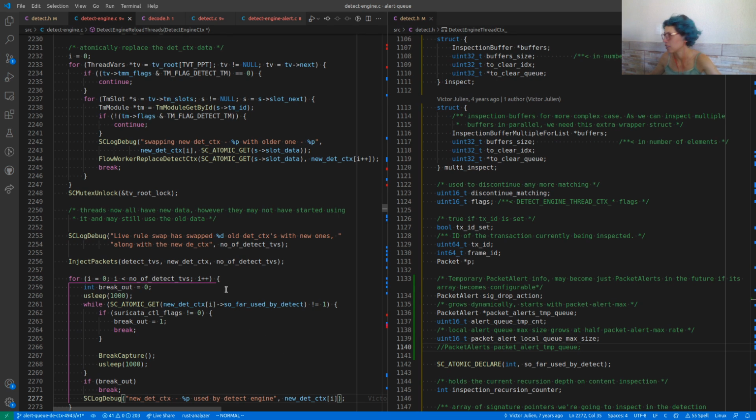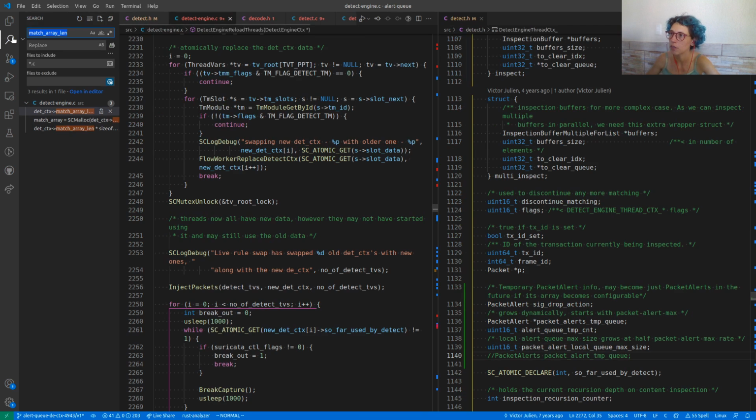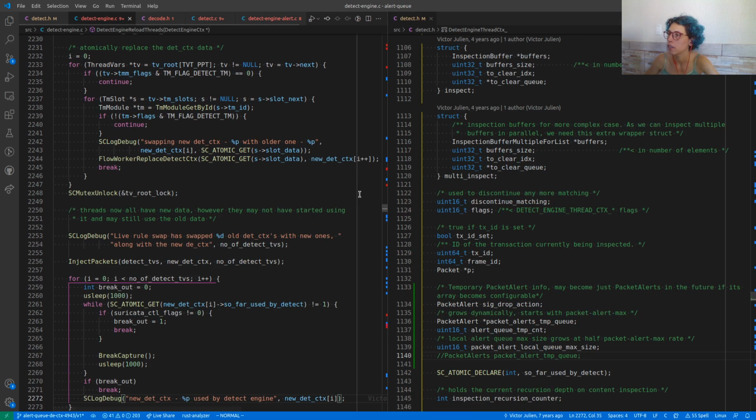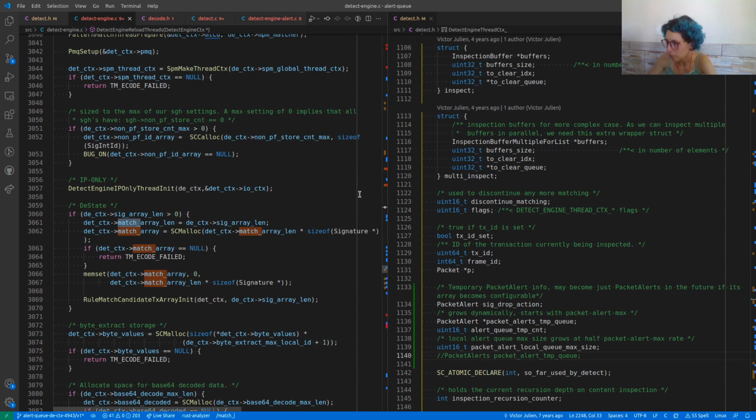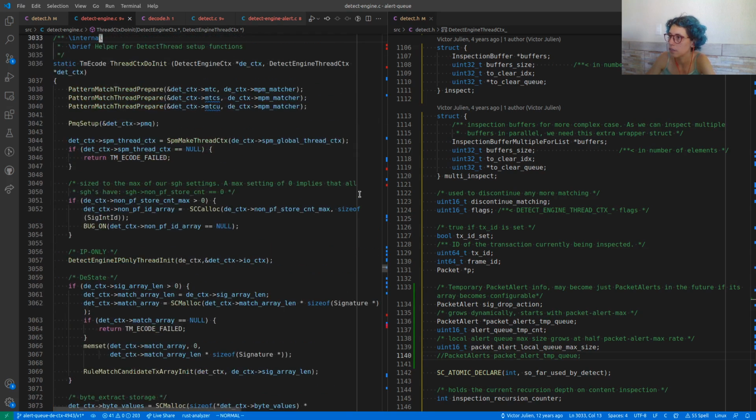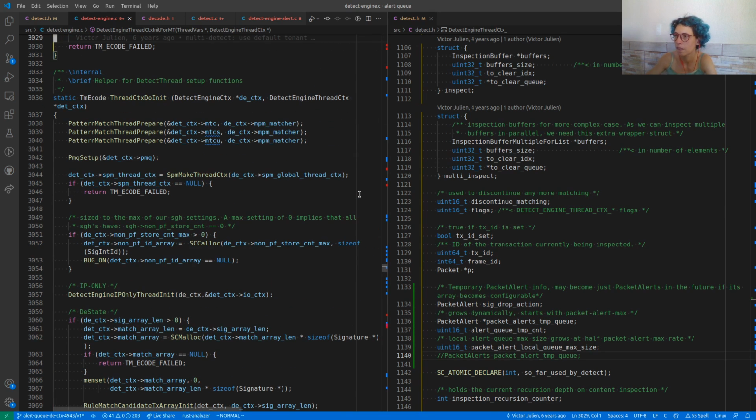I'm getting tired of what I'm doing. Let me check what I had. Match array len. So here, what is this? Let me write it down. Look at the name. It says so much.